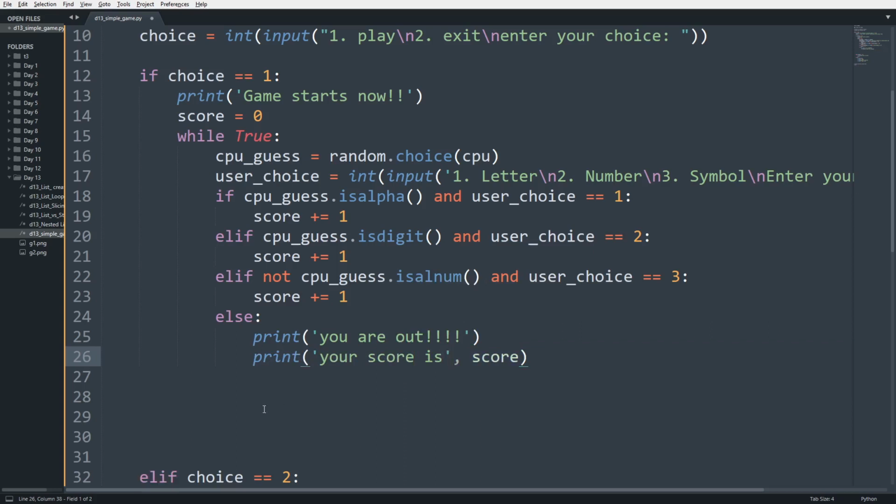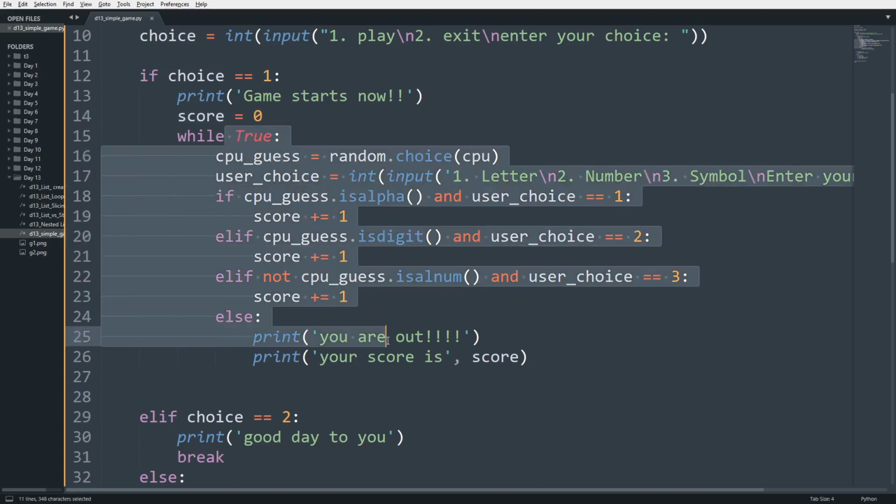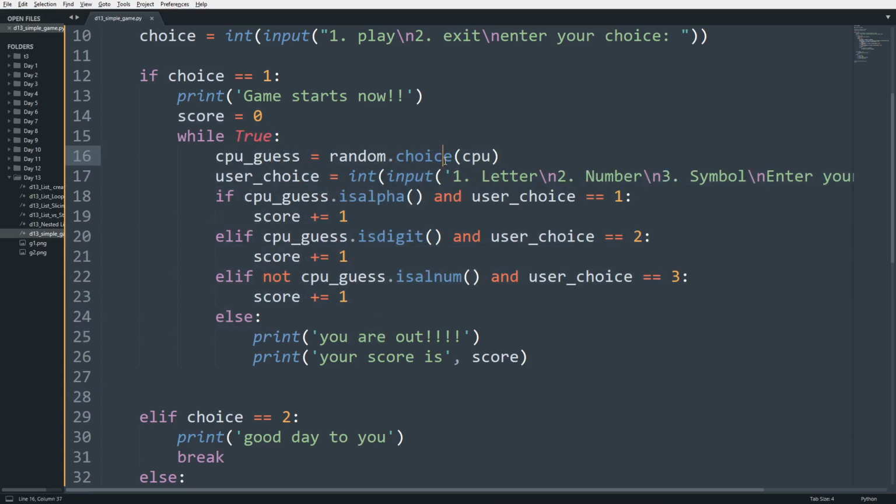See, that's all. You build a brand new game. It's a guessing game. Print, game starts now. Initially score is 0. So once the game starts, it will keep on running. How long will it run? Till I